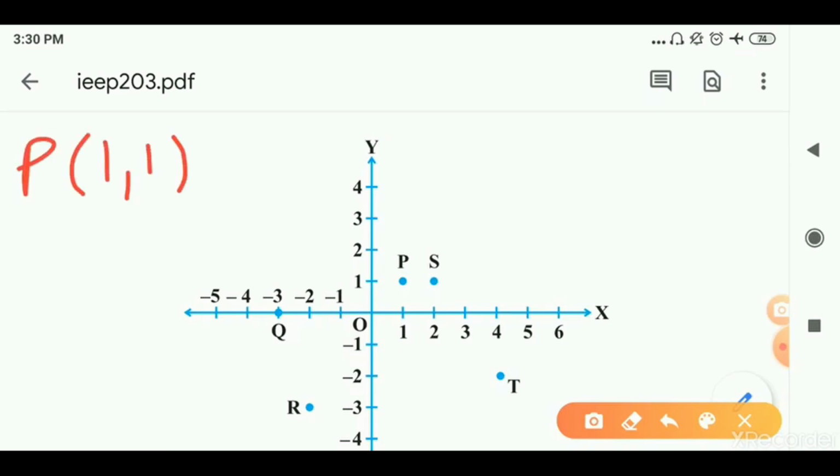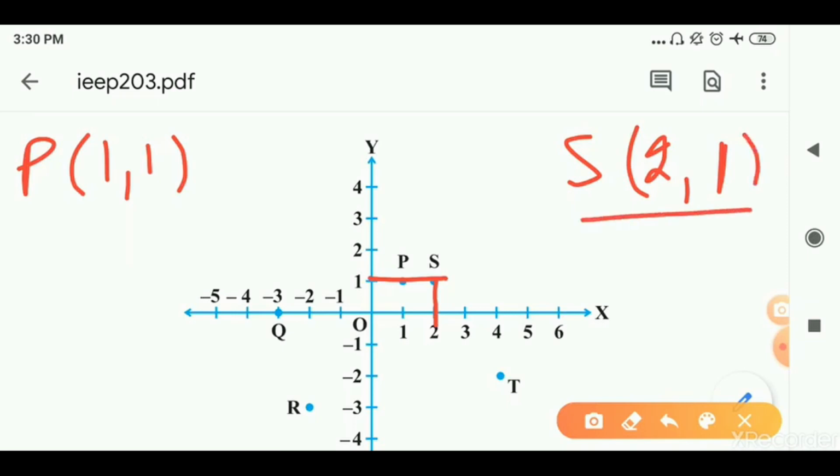Now for S, you can see the perpendicular distance of point S from the x-axis and y-axis. So let me tell you, from the x-axis the perpendicular distance is 1, which is actually the value of the ordinate, and from the y-axis the perpendicular distance of point S is 2 units. So we can say the coordinates of point S are 2 comma 1. You got it? Okay, so let us move to the next,